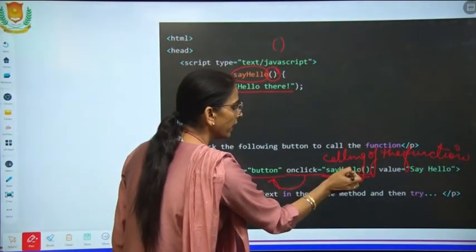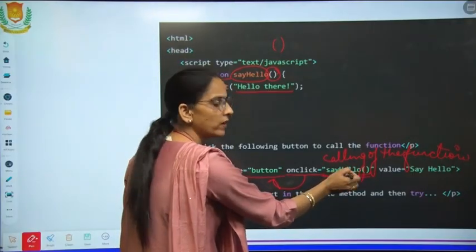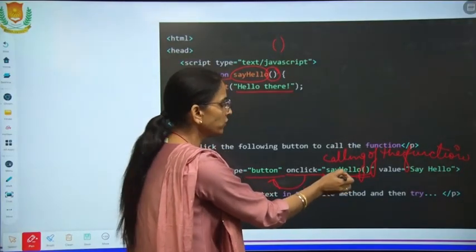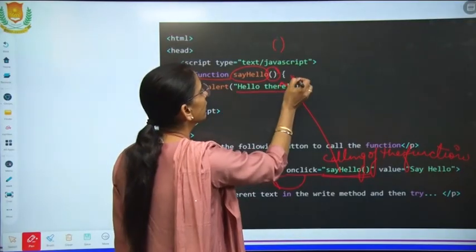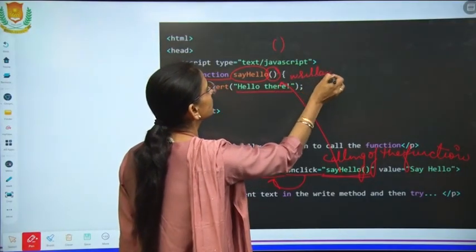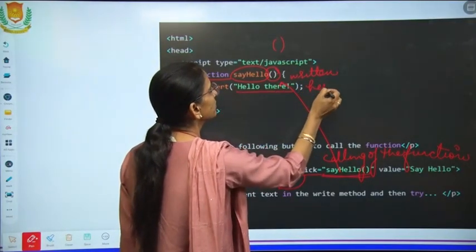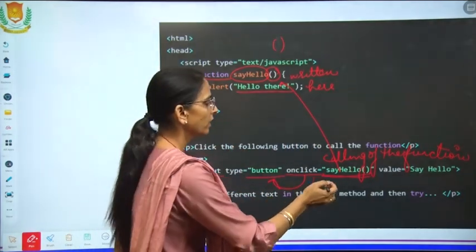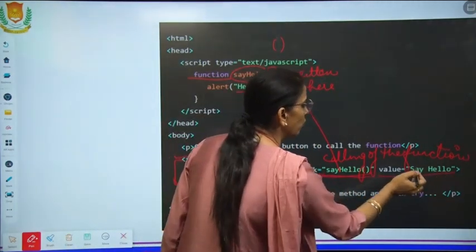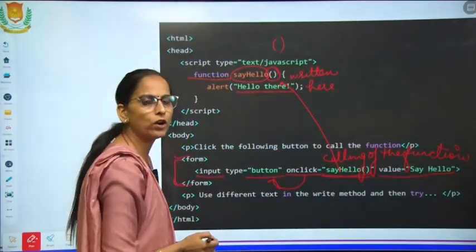So now here the operation will be applied, which is written here. Value is sayHello. The value is what will be printed on this button.